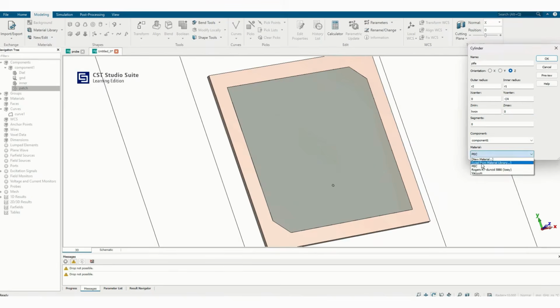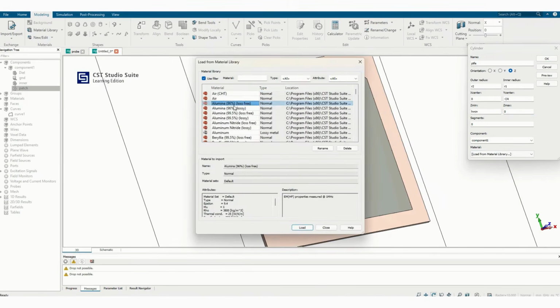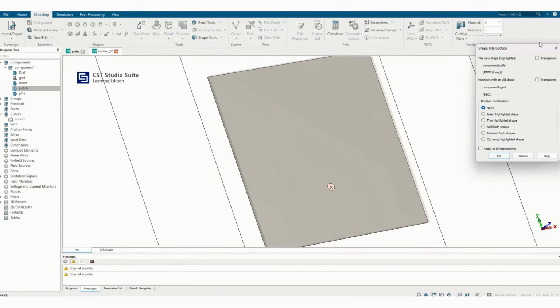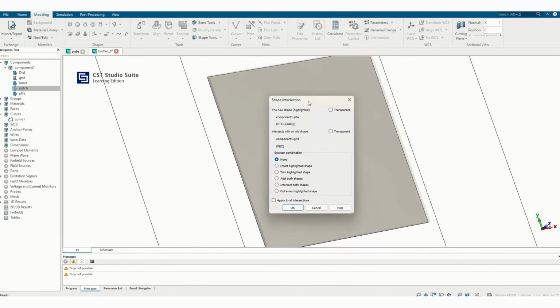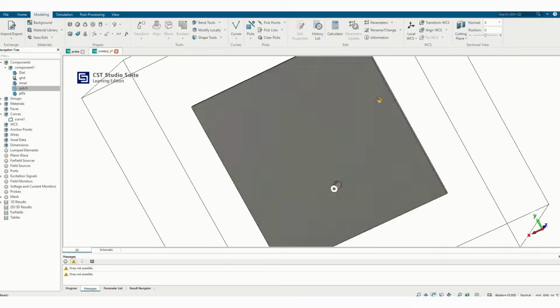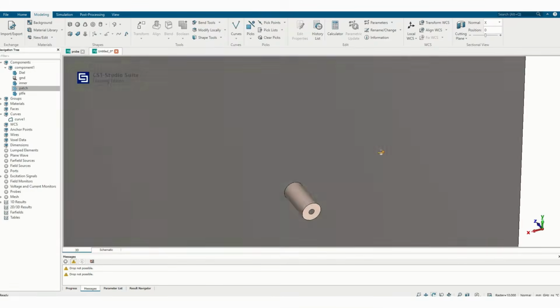So this material is PTFE. So we can go for PTFE. Okay, load. So R2 is 1.5. Okay, it is PTFE in. Intersect with ground. Okay, so let's do it as okay,